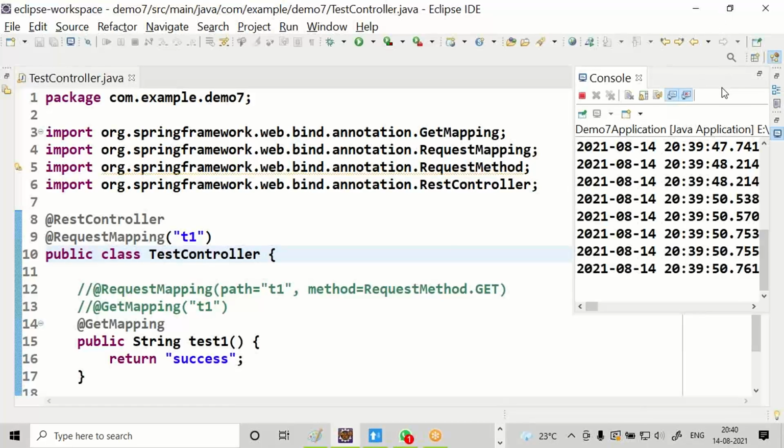Understood, everybody? This is all about request mappings, methods, different ways of.